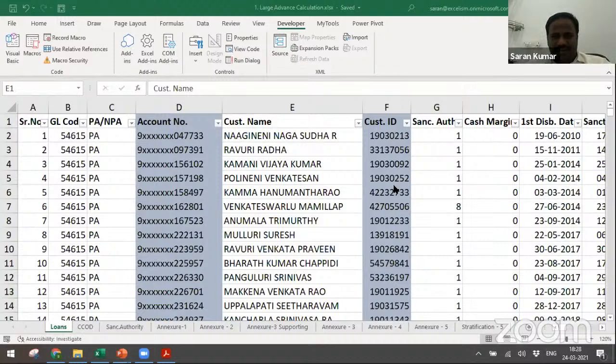Don't worry. If advance is given in prior years, but above the threshold limit for those accounts, also transaction audit must be done. No, they said it's not about, I think, Geeta ma'am, Geeta Ramanujan. Hi, Geeta ma'am. Yeah. So in this case, you need to look into the outstanding balance. If outstanding balance, even in advance sanctioned 10 years back, but today outstanding is 11 crore, that you need to take into consideration for the transaction audit.